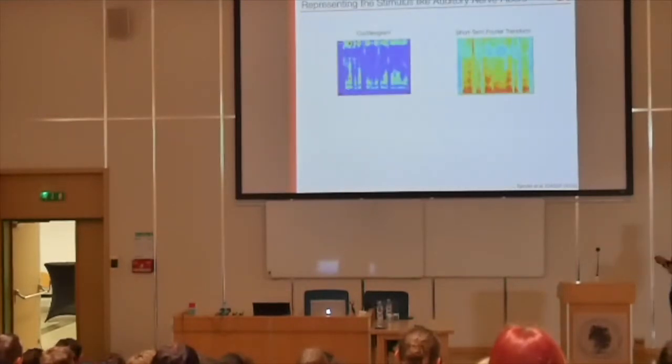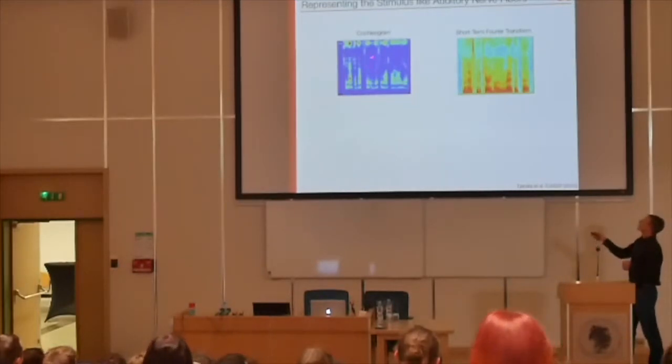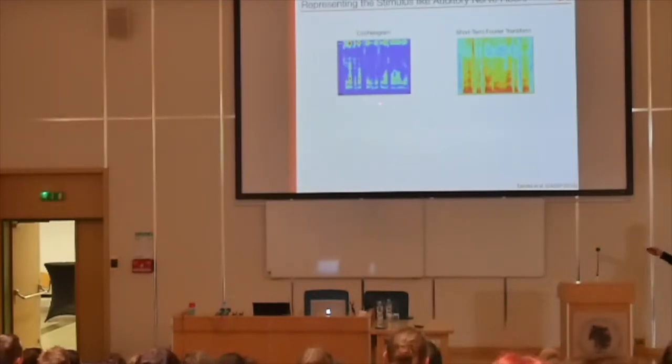So here's a comparison of what you get if you perform a more standard short-term Fourier transform. So this essentially means you take the snippets of sinusoids that you use to transform the sound, or you perform the so-called cochleogram. So cochleogram means you take these gamma tone filters and you process the sound through it. So for example, here you have low frequencies and higher frequencies, etc. And you see certain things. I mean, you see that, for example, the cochleogram allows you to have lower, more detailed resolution, it essentially expands the lower frequencies here.